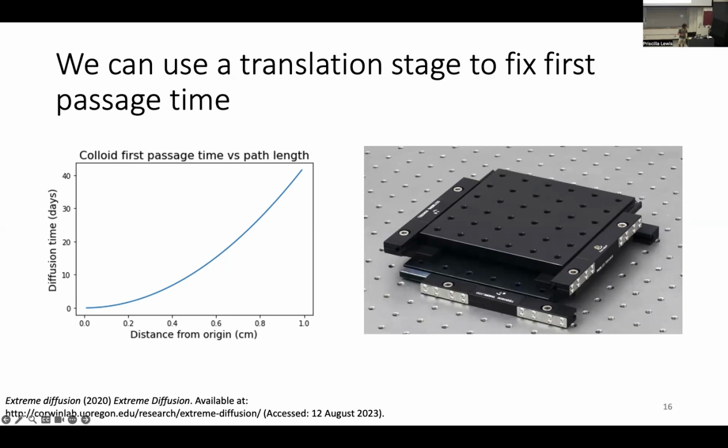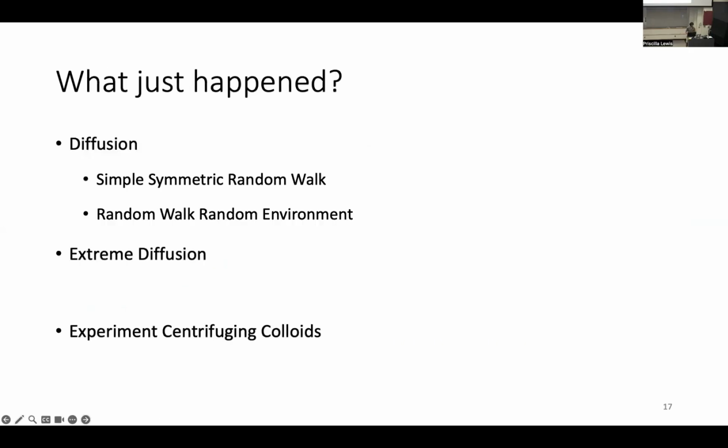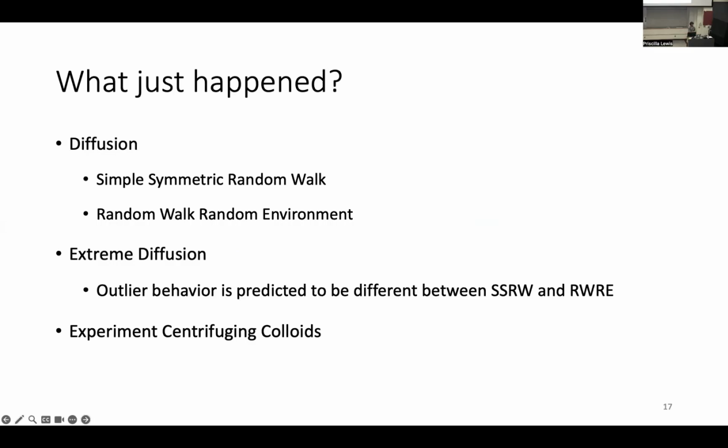Yeah. So overall, in this presentation, I talked about diffusion, and I talked about two models, simple symmetric random walks and random walk in a random environment. I then talked about extreme diffusion. And the main takeaway there is that outlier behavior is predicted to be different between these two models. And lastly, I talked